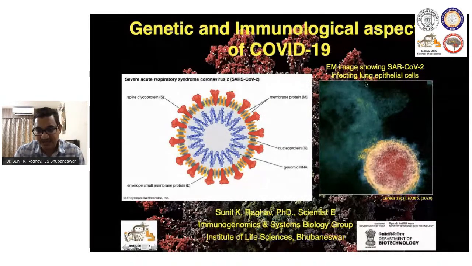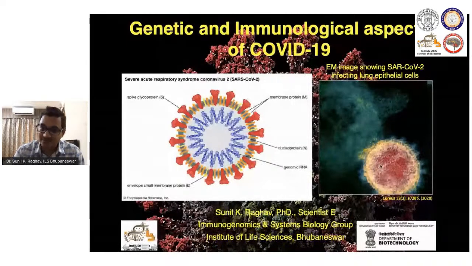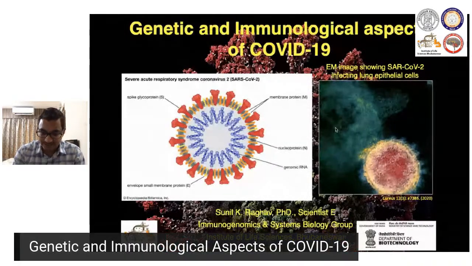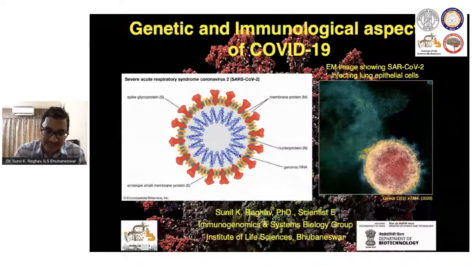On the right side, you can see an electron microscopic image of the same virus, SARS-CoV-2, that causes COVID-19, infecting a lung epithelial cell. So this interaction, that is the spike protein interacting with the cell, and once this interaction happens, the virus goes inside this host cell. So coming to what the adaptation is if you have this RNA inside the virus,